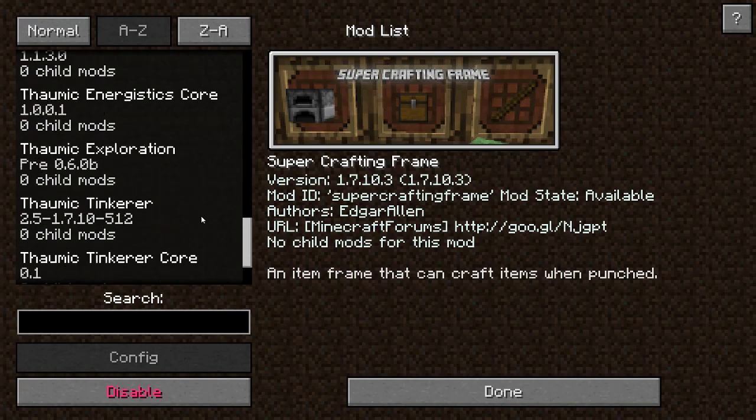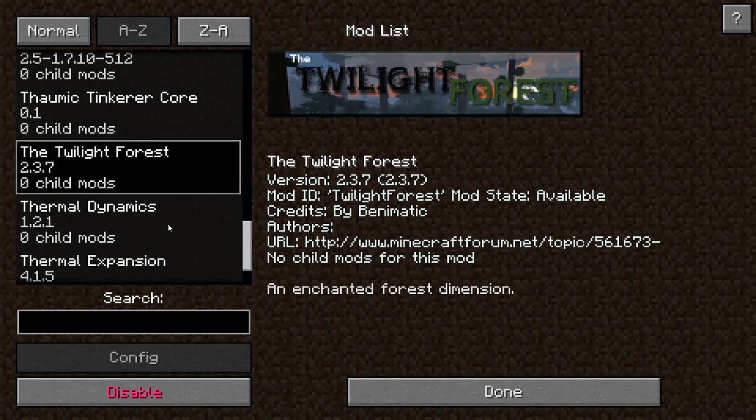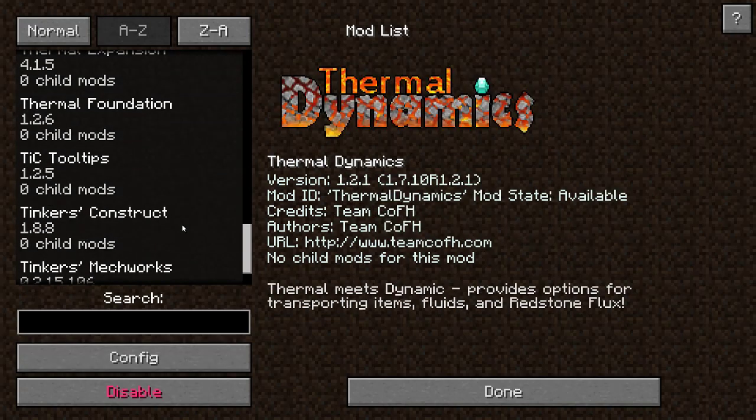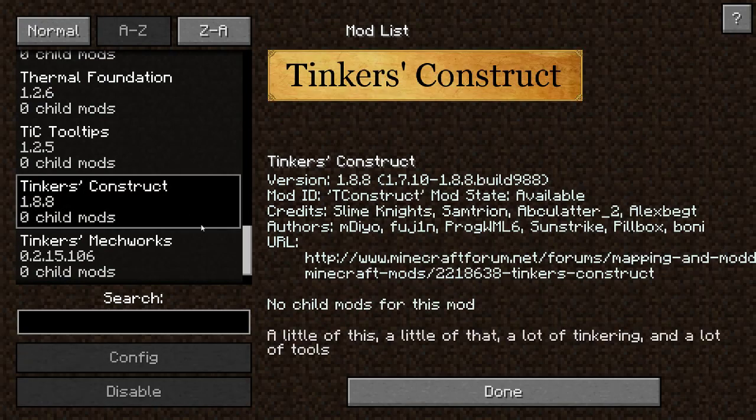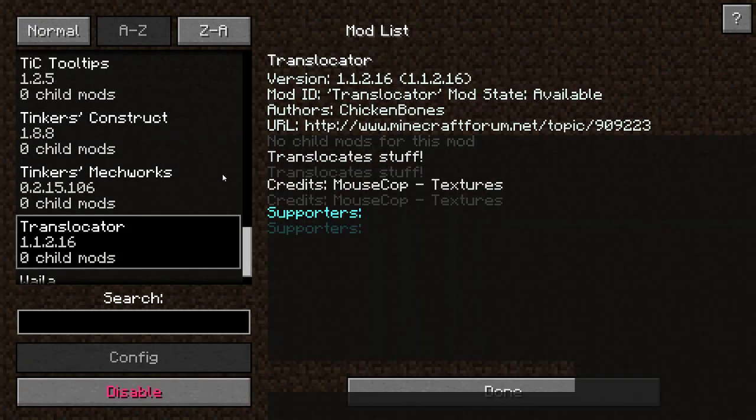We've got all of the Thaumcraft. Twilight Forest is absurdly overpowered. Thermodynamics, absurdly overpowered. Tinkers' Construct, absurdly overpowered. Translocators, this is a neat little mod. I don't see it very often, but it's a neat little mod. Adds in...